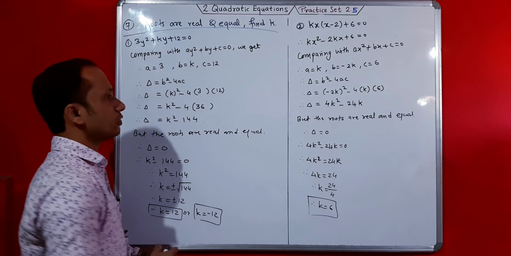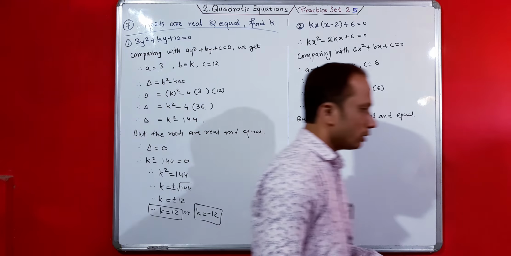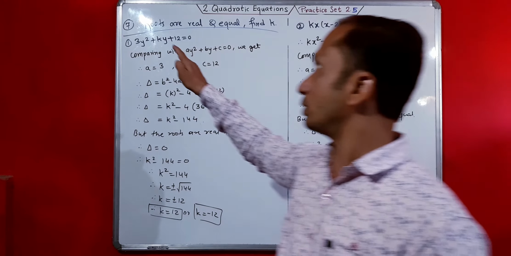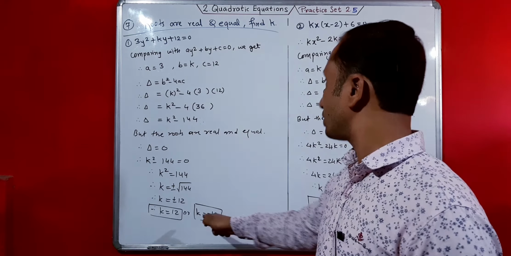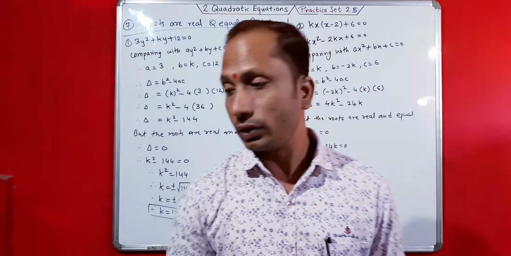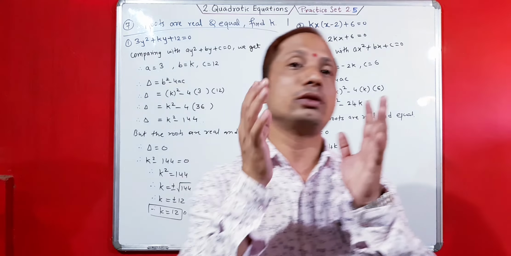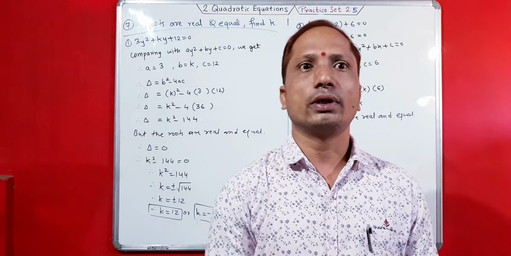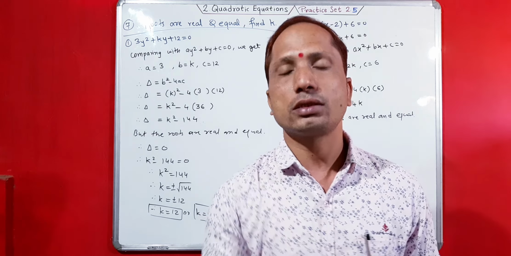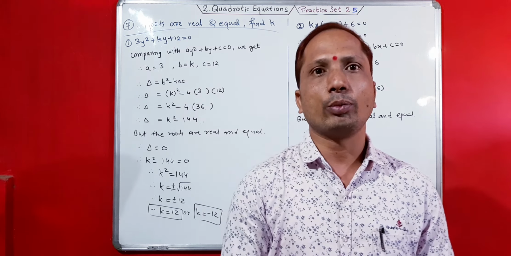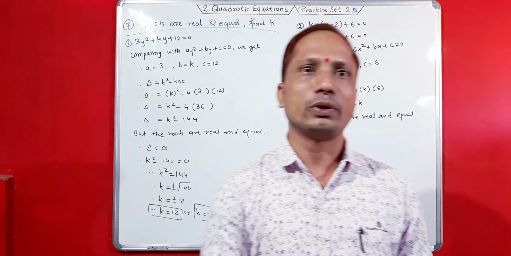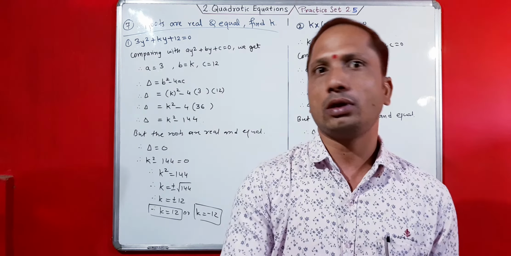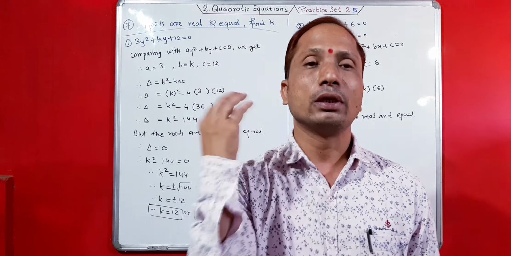Just do the calculation. Proper calculation is required. So this is the last question, question number 7. First question you got this, and second question you got this. So this is the last question from practice set 2.5. We have completed it, and this is very easy. You only have to practice the discriminant, delta value b square minus 4ac, then roots alpha plus beta, alpha into beta, and the process of how to solve the problem. After all this you can easily solve the problems. Here this practice set is completed.